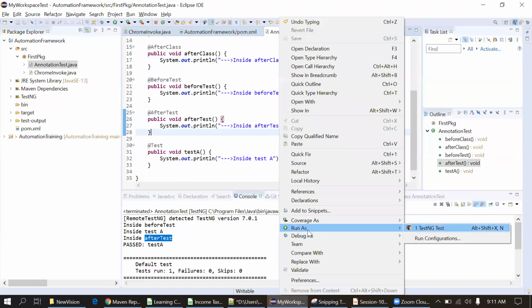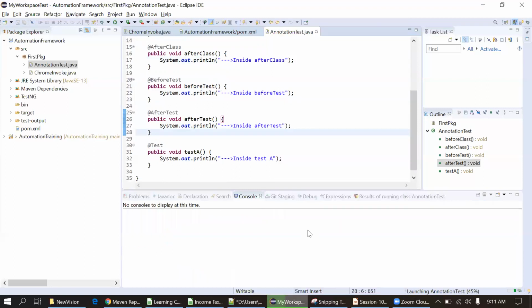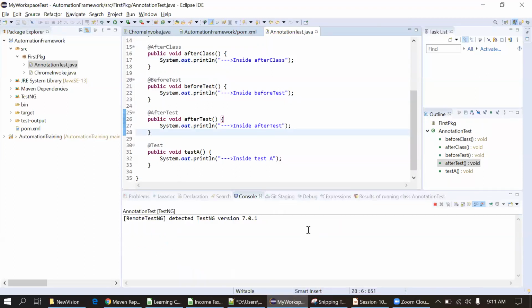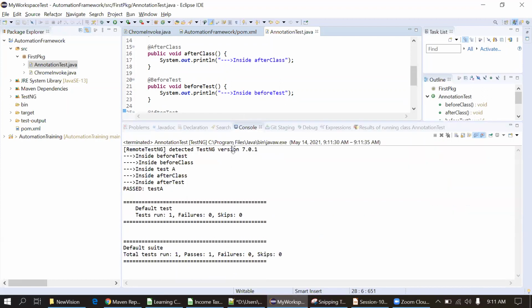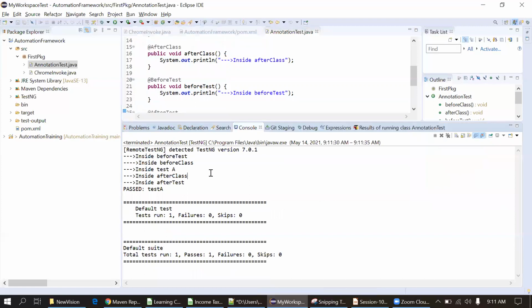Executing this code. You can see first, inside before class, after class, before test, before method.